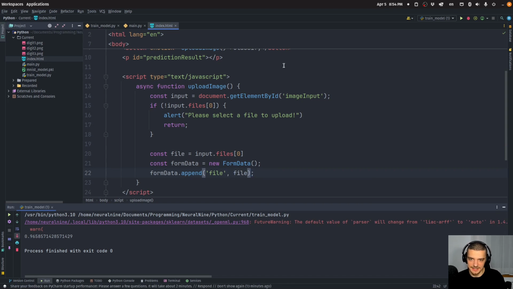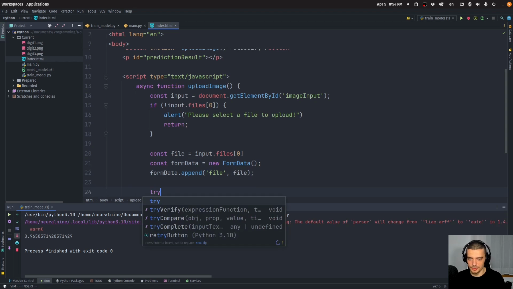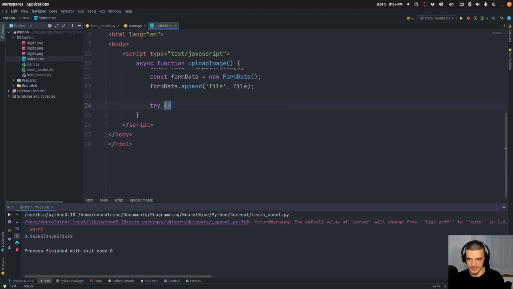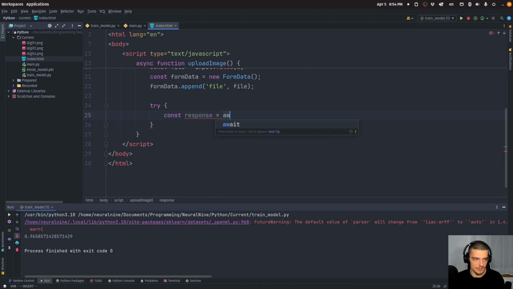So we're sending the file to, we're creating a form, but we're doing it in the background asynchronously, so we're not going to actually post and then reload the page or be redirected. We're going to do everything here in the background, which is why we create form data. We append the file to the form data, and then we're going to try to send a request to our API. So we're going to do try, and we're going to say const response is equal to await fetch, and